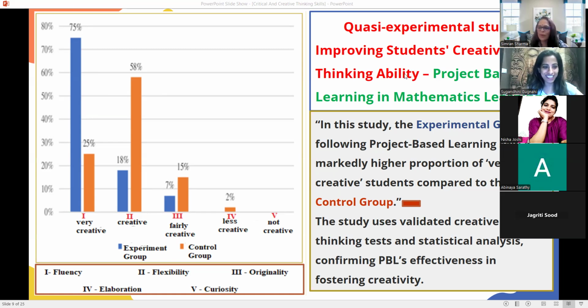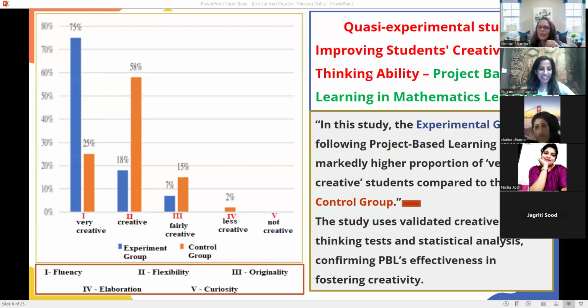So I'm sure, ma'am, the children would have loved it. The way you describe it, it looks so interesting, and I'm sure it turned out very beautiful. Thank you, thank you so much, Sugandhini ma'am. Okay, moving on. Simran ma'am, I would like to share. Yes, ma'am. Simran ma'am, this is Shyamala, ma'am.